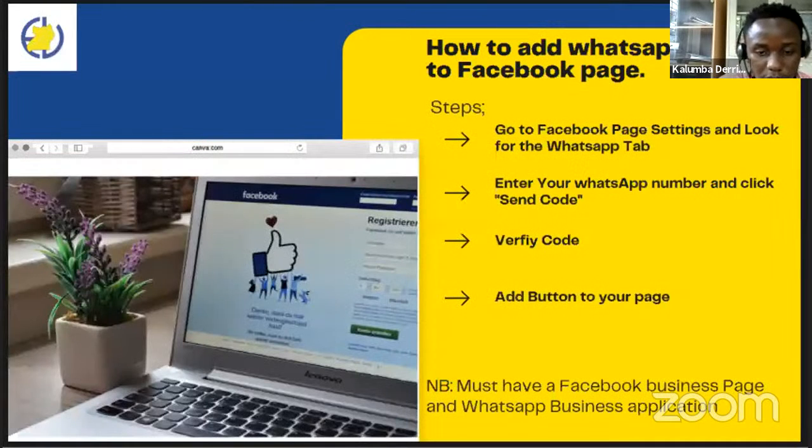So we're going to see how to add a WhatsApp button to your Facebook page. How do you add a WhatsApp button to your Facebook page? This is a direct tip for you. The idea is to directly communicate and indirectly collect personal contacts of clients. That is what we want to achieve with this, because having